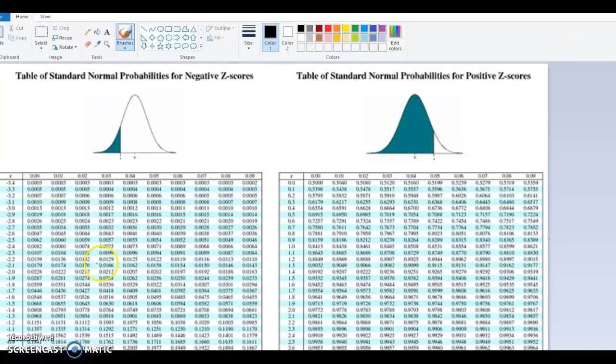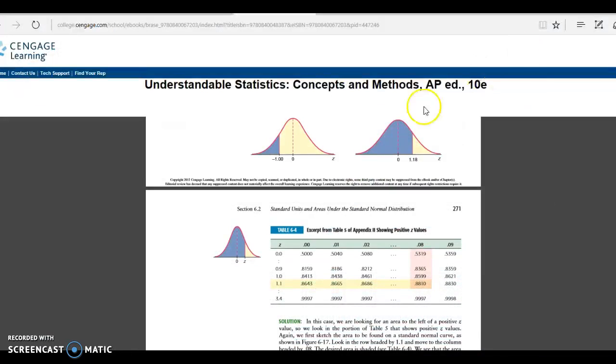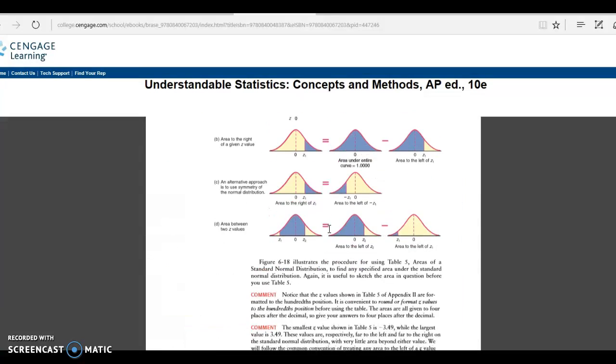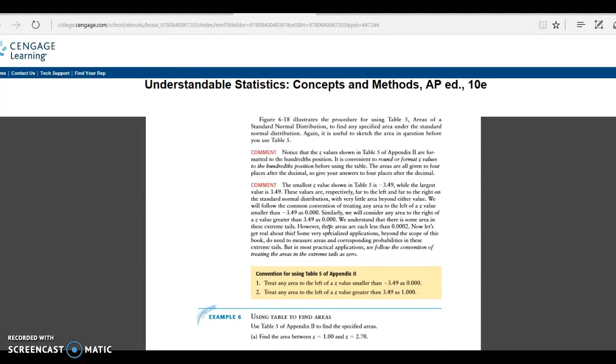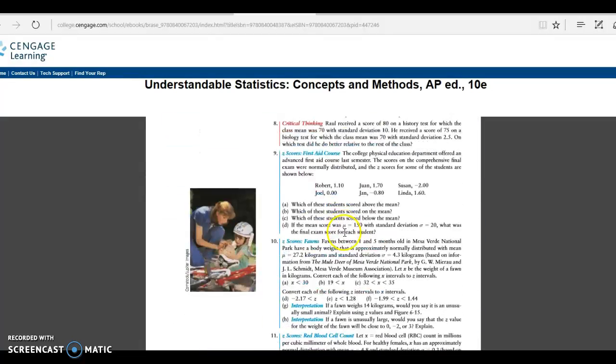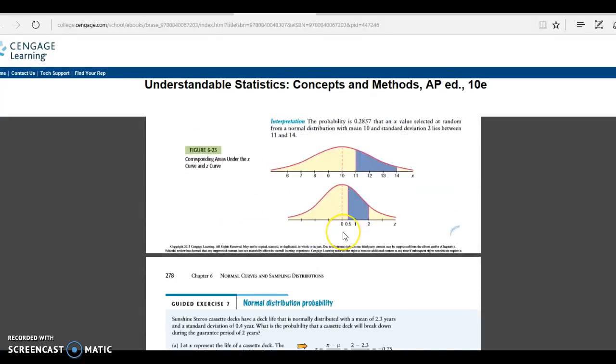You can also get a lot of these probabilities. These are just lists of probabilities for various Z values, 1.1 standard deviations above the mean, and then it'll give you stuff. But the calculator sure works great, and as long as they let you use it, it's a lot easier to get those values out of the calculator, I think. But let's get back to this idea of a sampling distribution. Okay, so